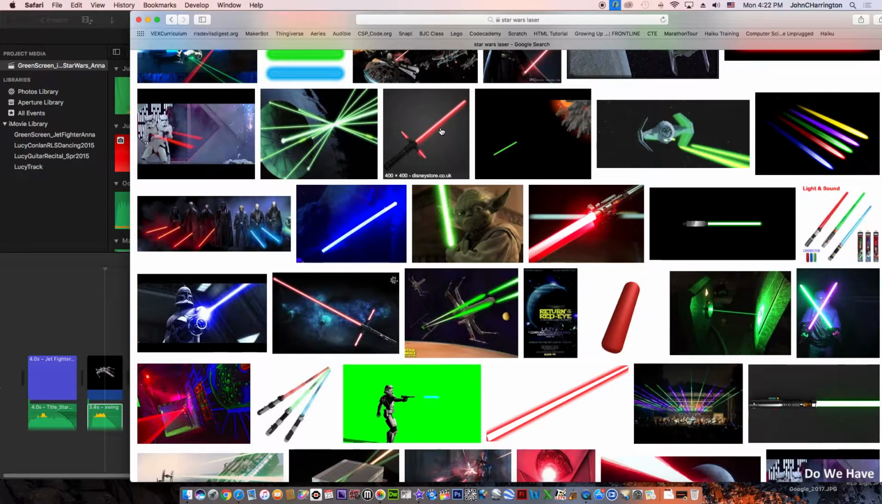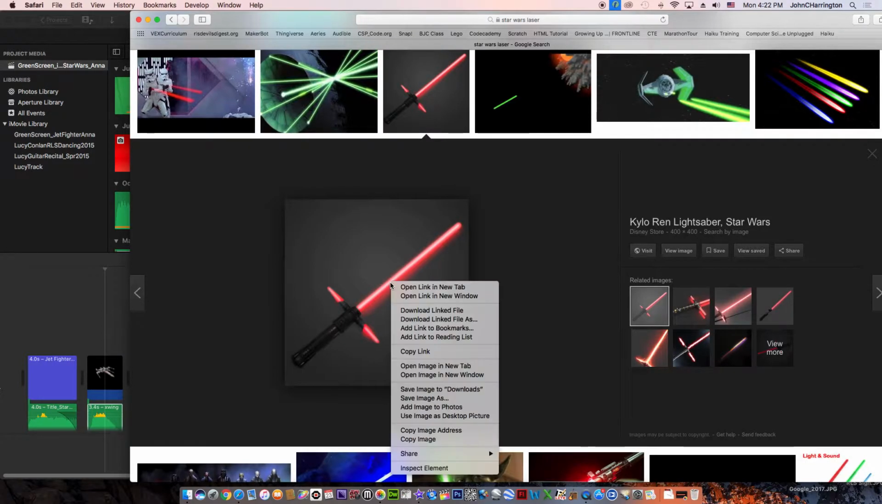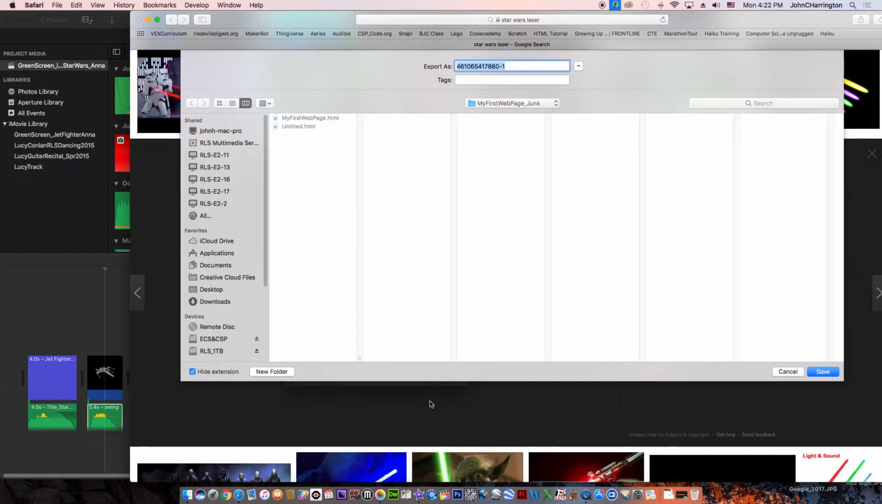I'm going to click on the image. Once I have the image, I'm not going to click this time. I like the image, and I'm going to hold down the control key and click on it. This option window appears, and it says Save Image As. I'm going to go to my desktop,